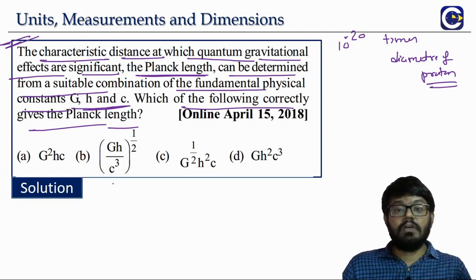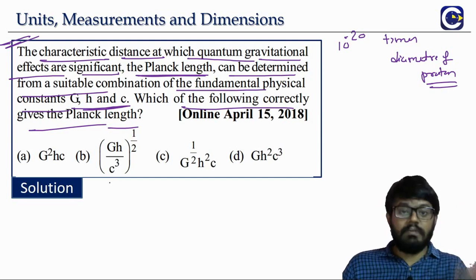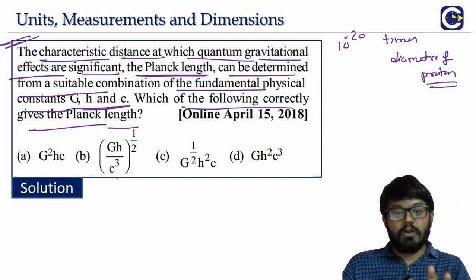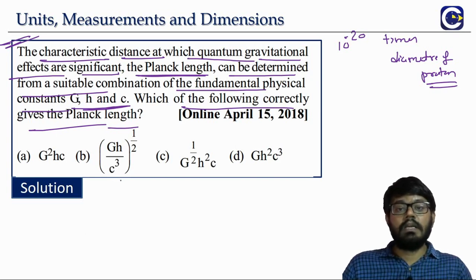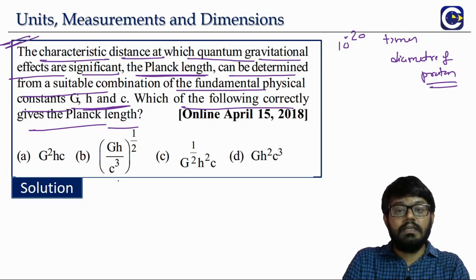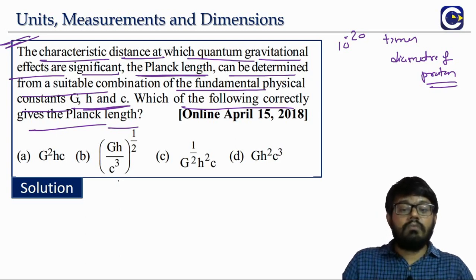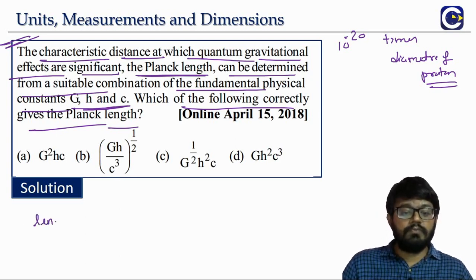Previously, the problem we solved was: which combination will give us the dimensions of time? And one more question we did even before: they gave a combination and asked which dimensional formula it gives. Remember? In that question we got the answer as energy. But here, what is the approach? The same dimensional approach. We will say: